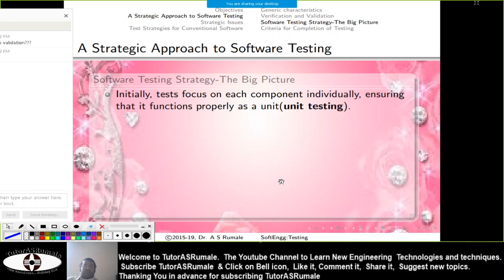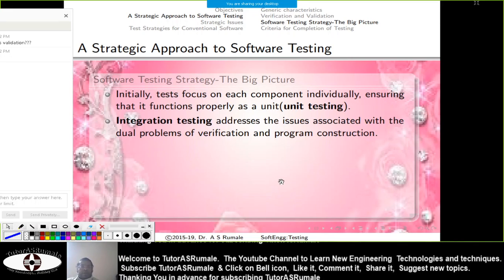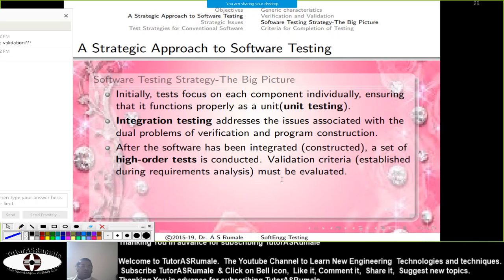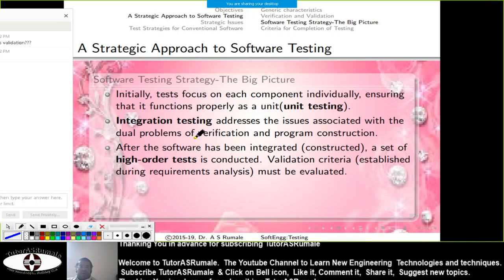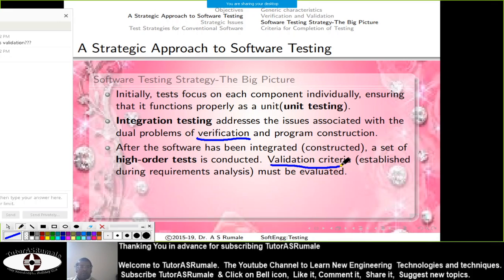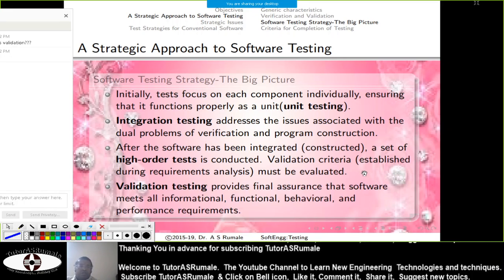This is your software testing strategy. Initially the test focuses on each component individually, then all these units get integrated together to form the system or a composite component. So you need to do verification for that. Verification means you have to find out whether the integration works properly or not. Then the high-order test is conducted. Validation criteria exist for the high-order test, and they must be evaluated, because the customer, who is considered the eyes of software engineering, may say something.